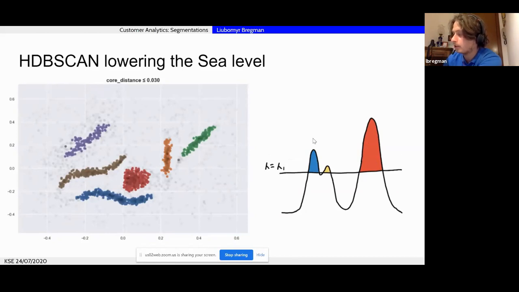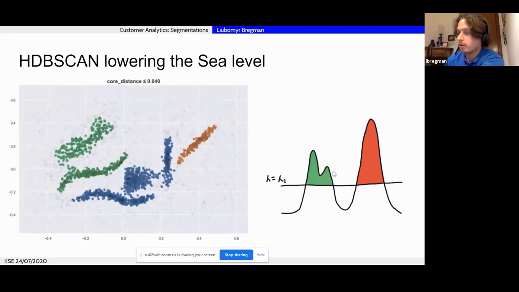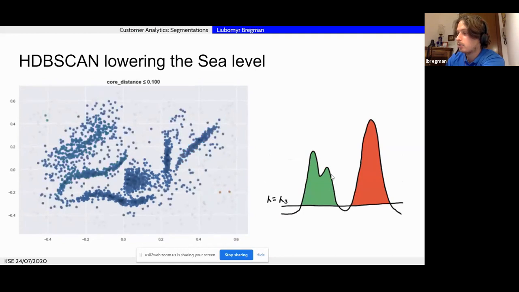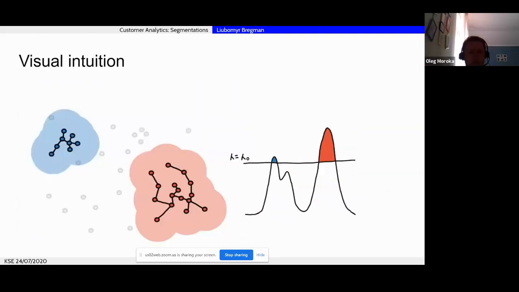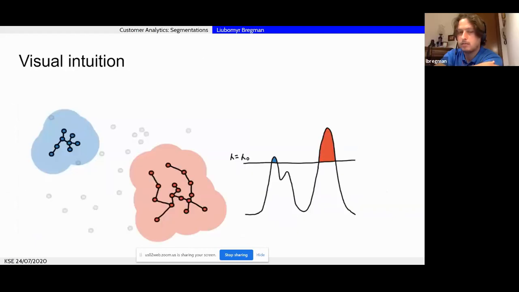But then when we relax this lambda, those 2 clusters are connected, right? So they become one big cluster. This bigger cluster is a combination of this cluster and this cluster. And then we continue, and this is actually also connecting the clusters too.